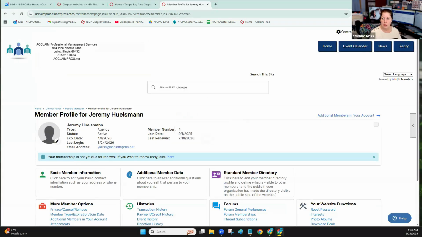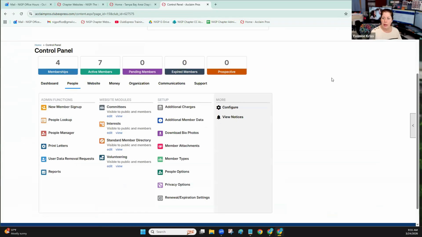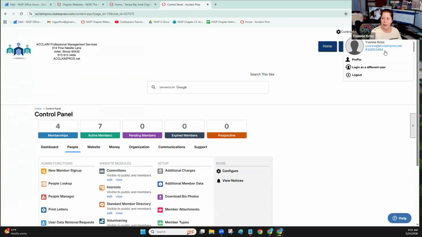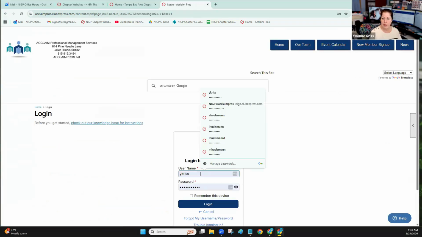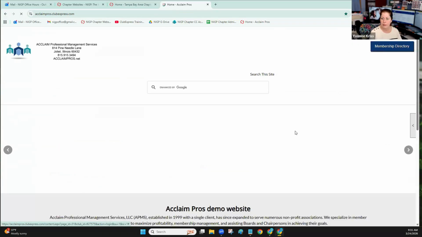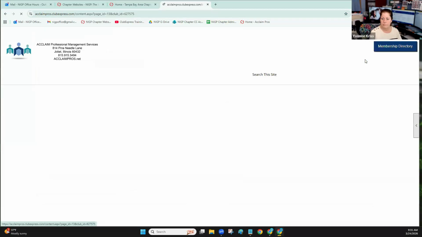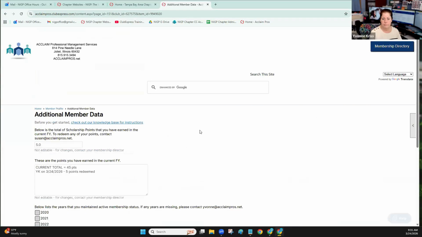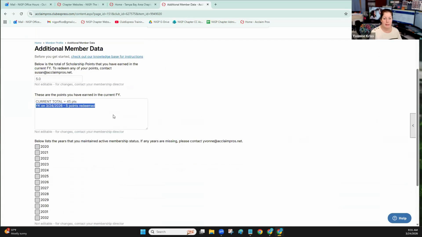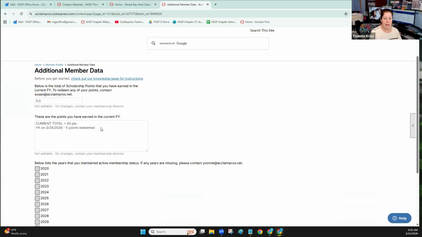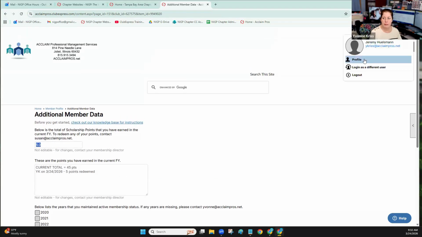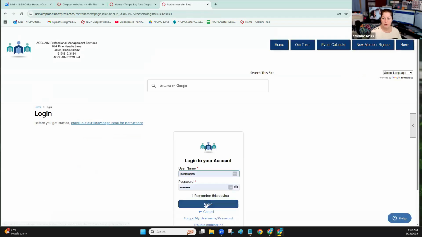If you do decide to use the notes, there is a way to run a report on that. And here, I'm just going to go back into Jeremy's account to show you what that looks like now. And so again, I can't edit this. I'm logged in as Jeremy. I can't make any edits to this, but you might like this idea better than this. But if you do decide to use notes, or maybe you use notes for something completely different, I want to show you that there is a way that you can run a report on notes